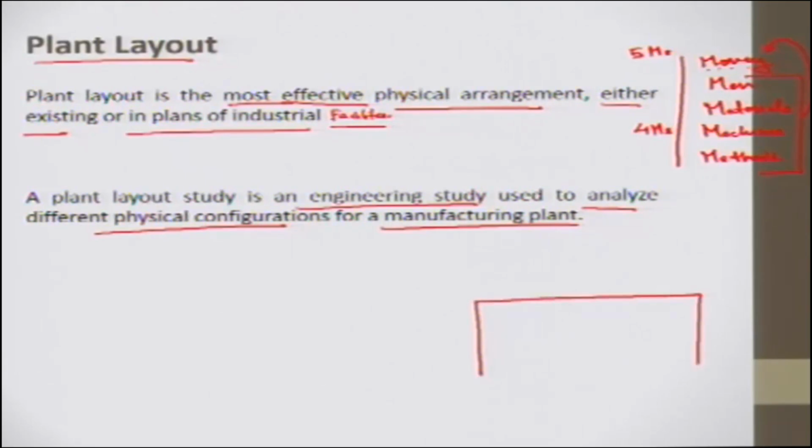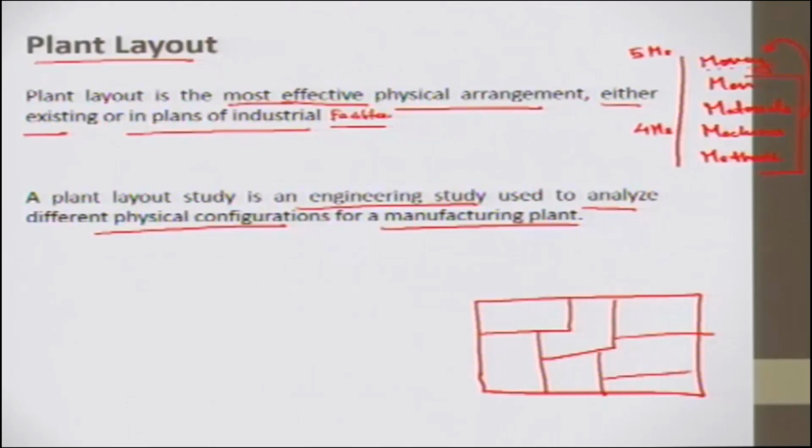For example, this is the area where my factory is to be set. I need to divide into certain sections. I need to see where we have the entry, where we have the exit, and we need to put certain machines in here. So this is a kind of a layout. Now these are the fixed equipment. Then we have material handling. The workers would keep moving between these machines. So this one